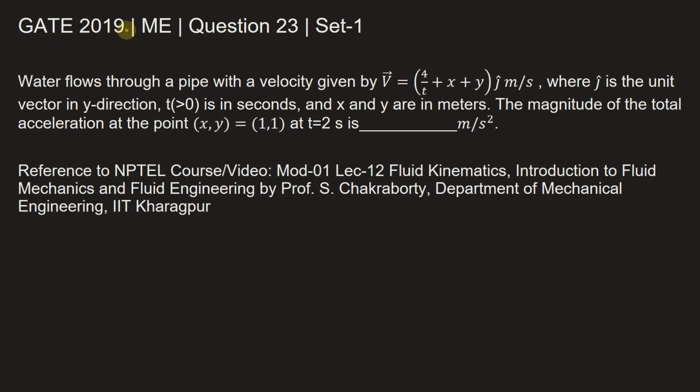This question is from GATE Mechanical Engineering of 2019. This is question number 23 of set 1. The question is, water flows through a pipe with a velocity given by